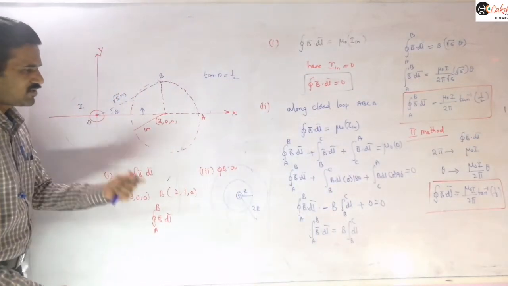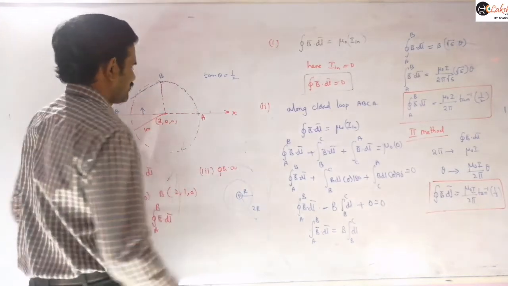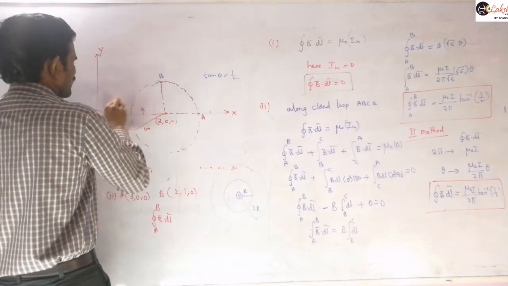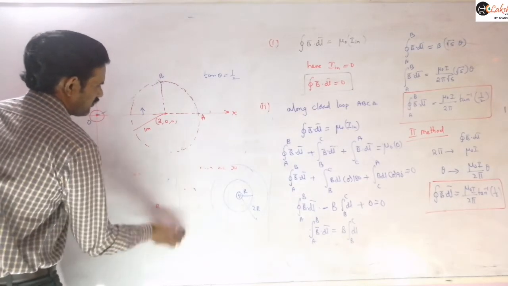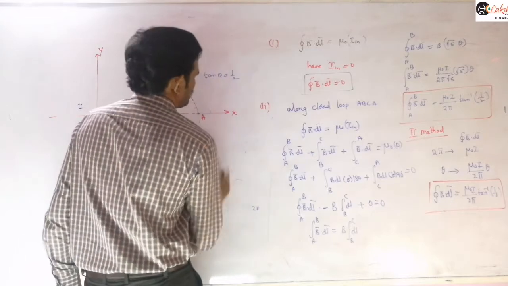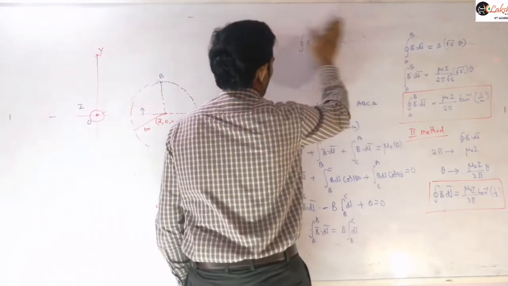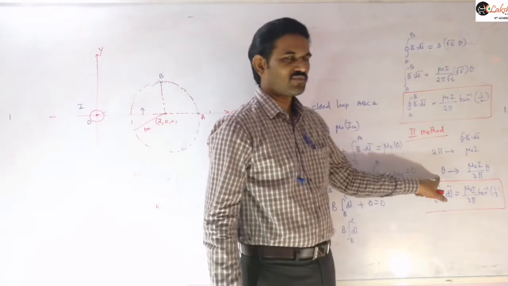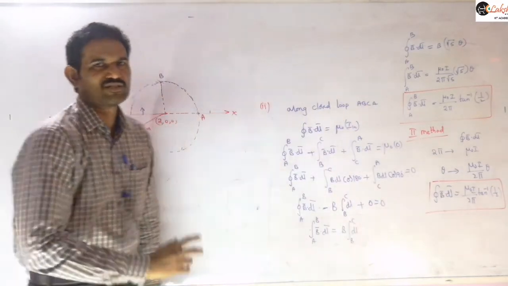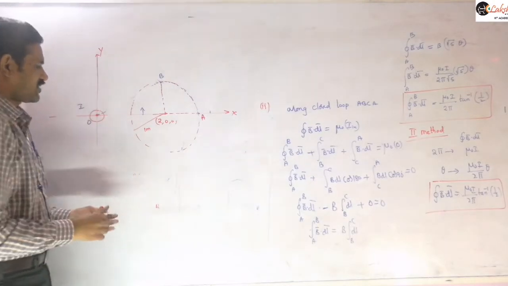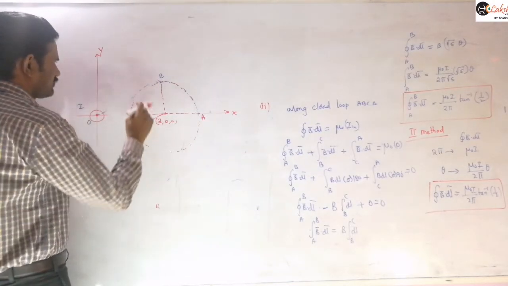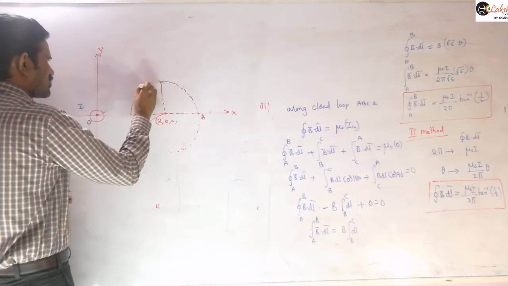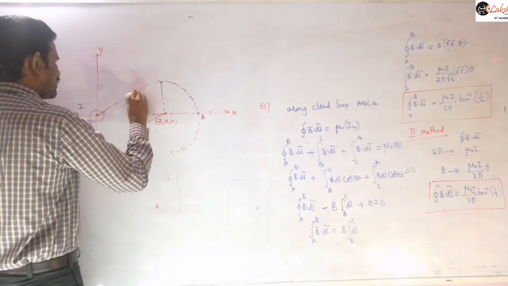Now the next part of the problem you can also answer in this way easily, so I will explain that. Next they are asking for the maximum possible value of B bar dot dl bar over the circle. For the maximum possible value, if you want to solve by this method, we just need to calculate the theta value, that is, how much maximum angle the circle can subtend. For that you may draw tangents here. For the third part, I will draw the tangents like this so that they pass through the origin.